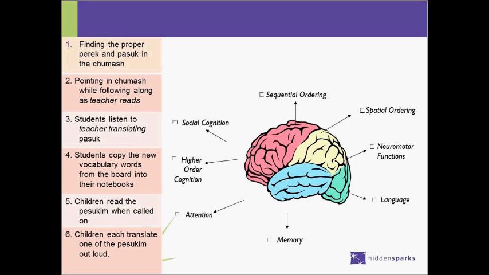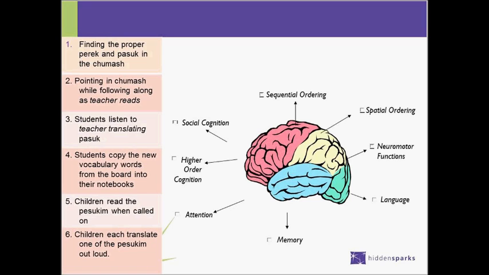What would we say is included there? Which one of these neurodevelopmental constructs? Language and neuromotor. Neuromotor and spatial. Neuromotor, spatial, and attention. Okay, very good. What I do see missing, however, from these lists is short-term memory. In order to copy words from the board into your notebook, you'd have to look up at the board, hold on to the information, come back down, and put something in your notebook. So if you notice that there are kids in your class who have a hard time copying from the board,